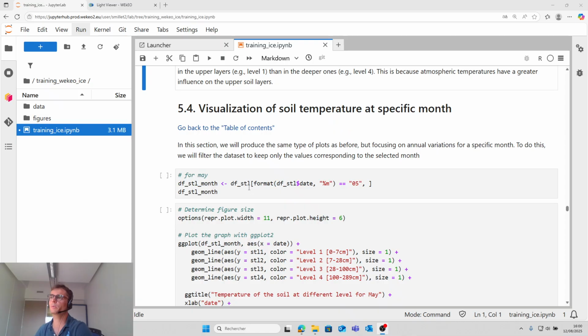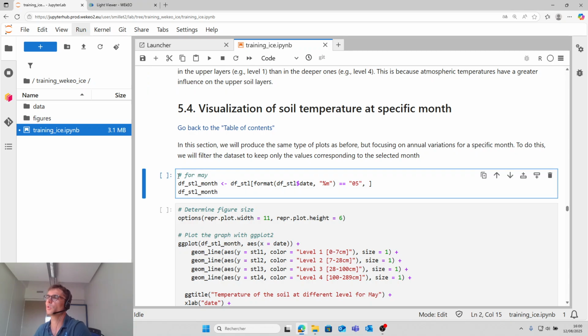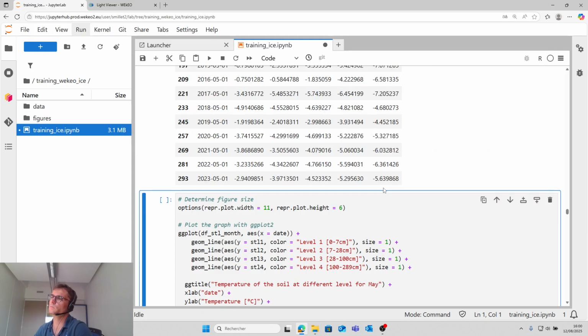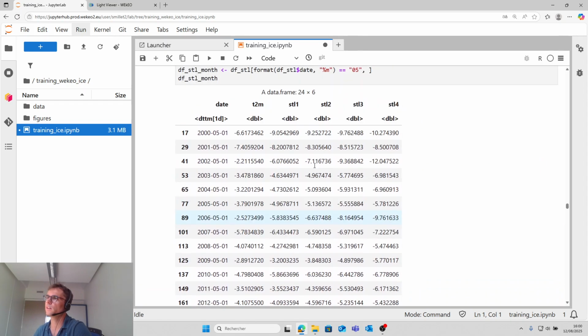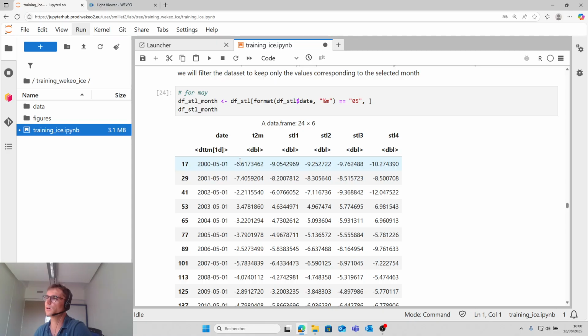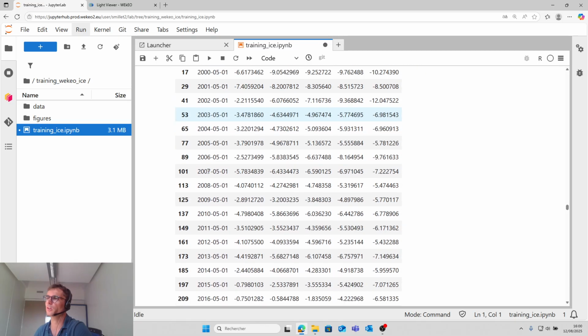To do this, we will filter the dataset to keep only the values corresponding to the selected months. So for May, for example, we create another dataset, DF STL months, that keeps only the values of May. So you can see here we have a value of temperature in May for each year.